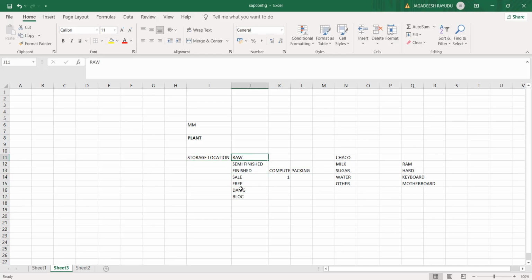So let's see on the SAP system how we are going to define the storage location. This is available in your enterprise structure definition, not in the assignment area. I have defined certain storage locations, which I already discussed in the previous class. Let me show you how we link your subsection to the main section, that means plant to storage location assignment. Let's do this definition now. Let's go to SAP now.